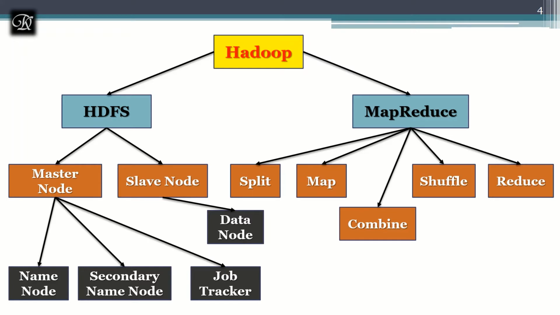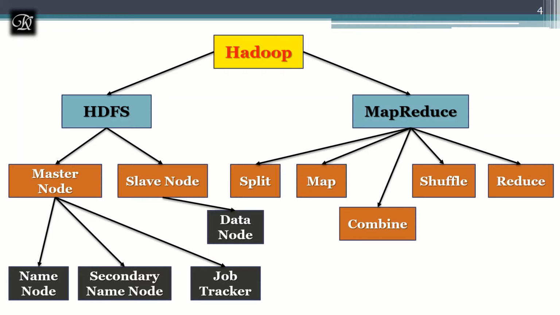Actually in this name node real data will not be stored. It's going to have only the metadata. What exactly is this metadata all about? Metadata is nothing but a description of the data. It's like if I take up a textbook, the metadata is like the content page or index page, which tells where the respective contents are, on which page number. That is the role of the name node. It keeps track of who is having what data. The actual real data exists in the data node, which is nothing but a slave node.